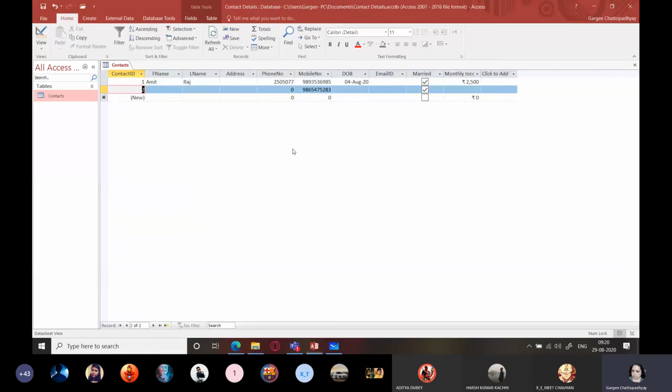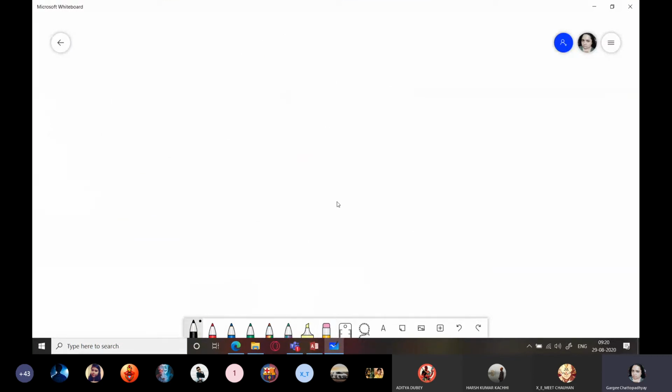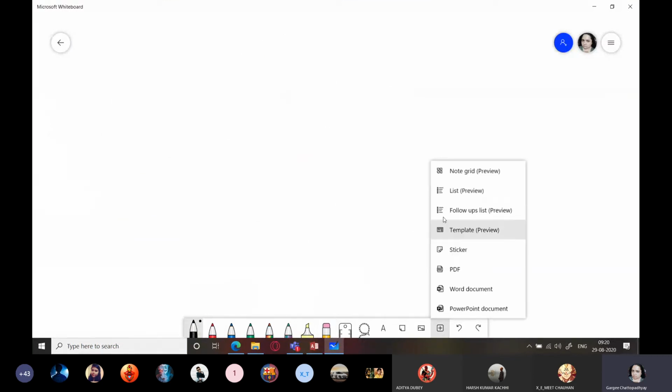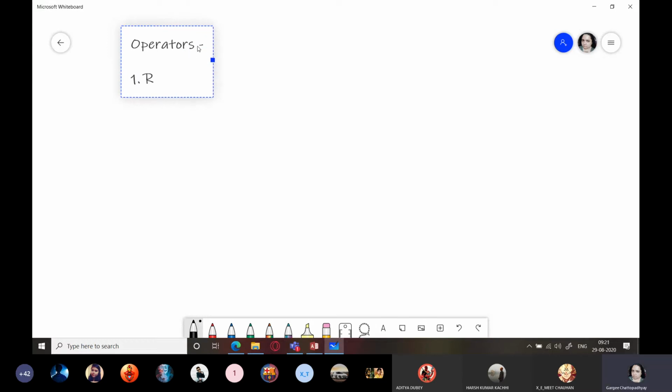Now you need to first understand, because this is something which will give you an insight into programming, basic programming. Okay, so I'm just going to tell you something about operators. Please note it down very carefully. Here we will be using what? Relational operators.